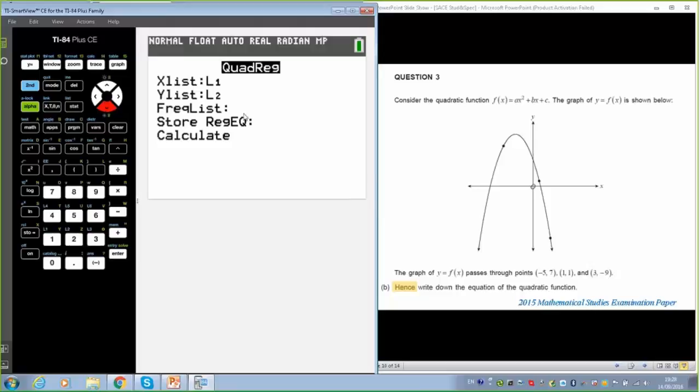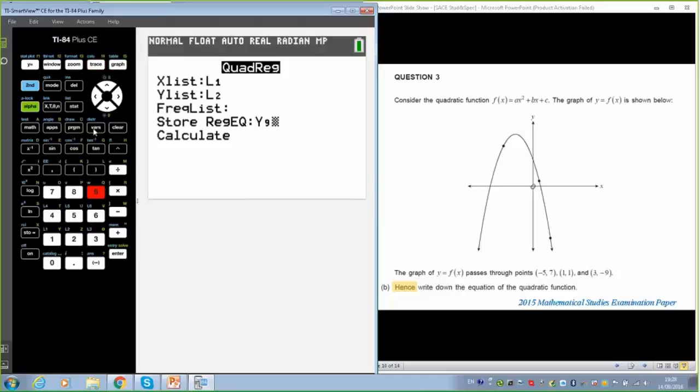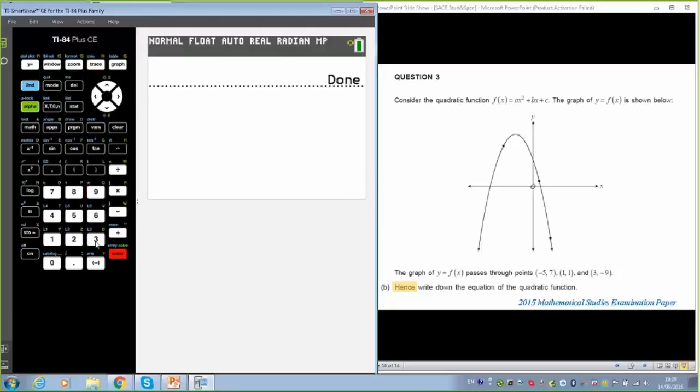We're going to store that regression equation as, I think, quite high now. So let's go. 8 or 9, I reckon you're at. Yeah, right. So let's go 9. Let's be on the safe side, and we'll calculate that. There we go. That's looking pretty good. I haven't got my R squared there.